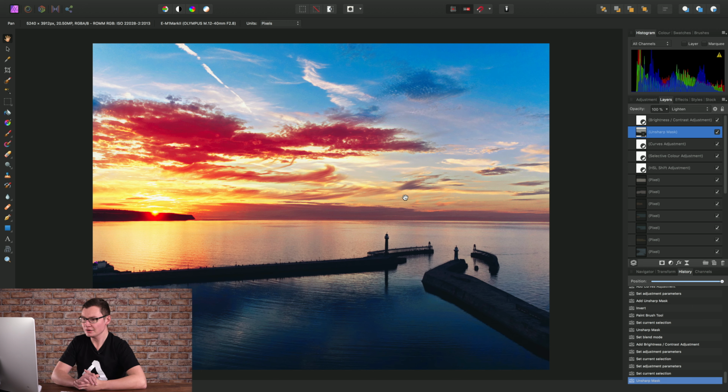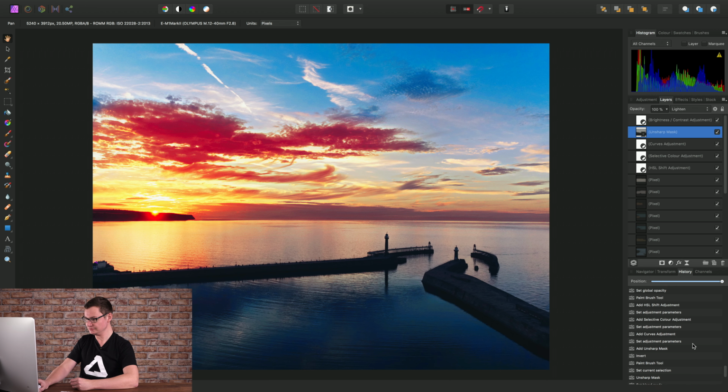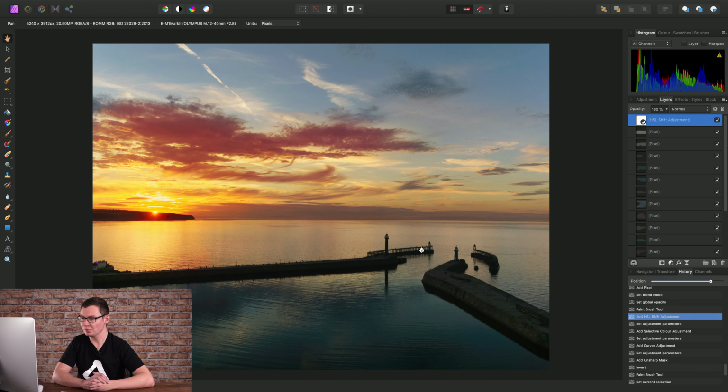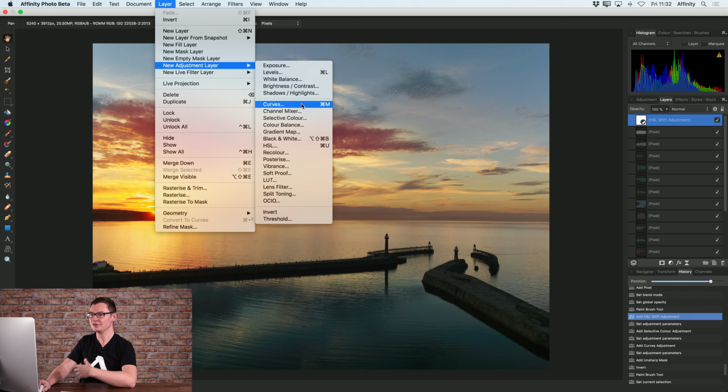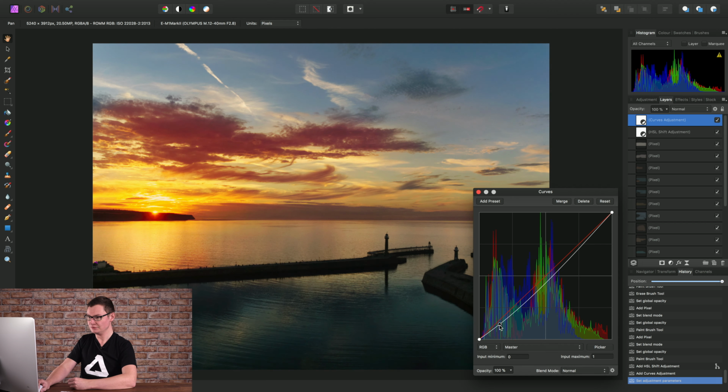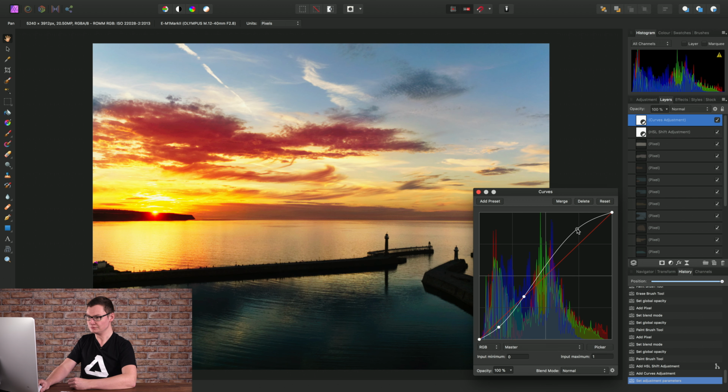Okay, now the undo history also has another unique feature called Futures. Let me demonstrate this to you. If we scroll back, I'll find where I added an HSL shift adjustment. So we can move back to that point in my history. Now, if I instead decide to add, say, an adjustment layer or perform another operation for an entirely different result,